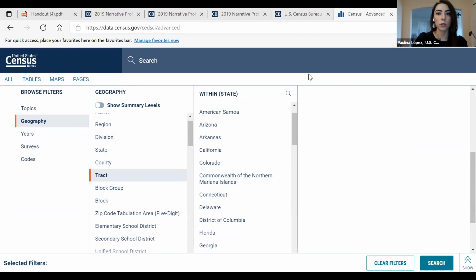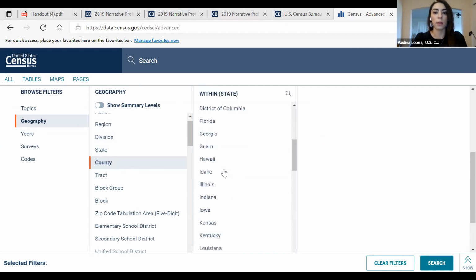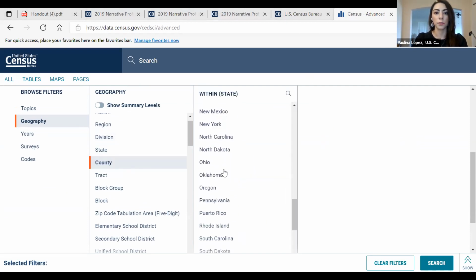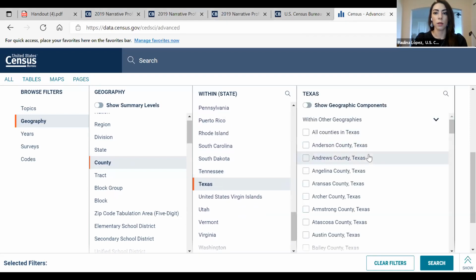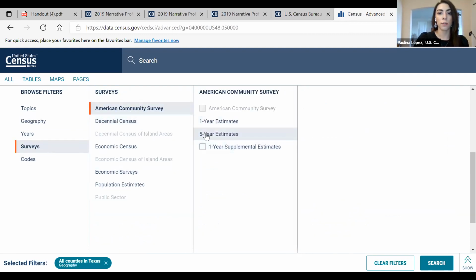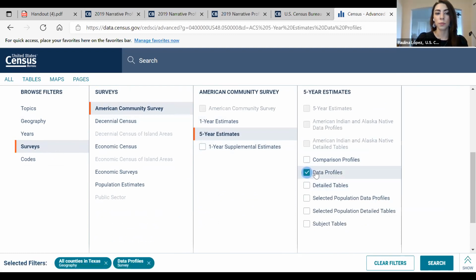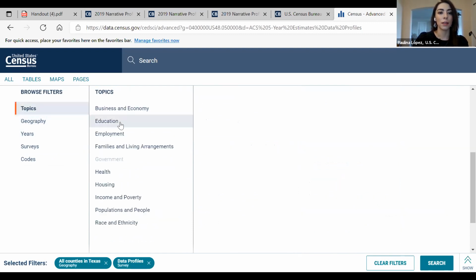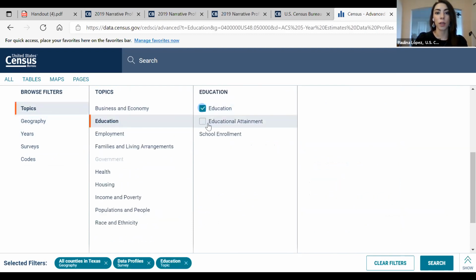Okay, so let's do county, and then state of Texas, and then maybe all counties in Texas, right? Where we want the American Community Survey 5-year estimates. And let me know if I'm going too fast. I'm used to this already, so sometimes I go too fast. And let's do education and see what we get.